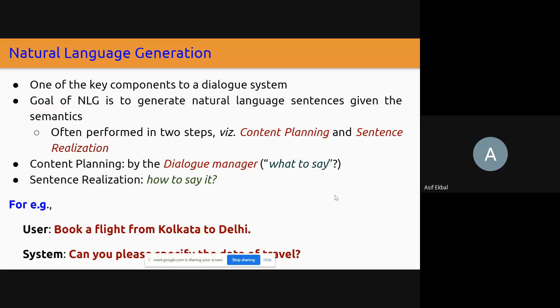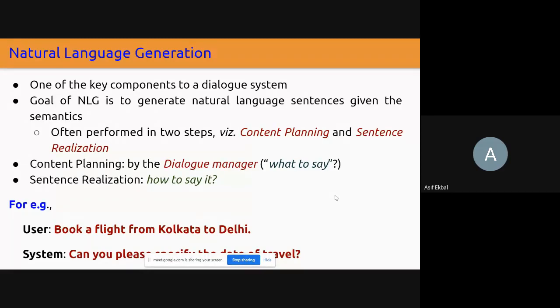Now, in case of content planning, content planning tells you what is to be delivered to the users. If you have multiple possible responses, which one is to be selected as the possible output. And in case of sentence realization, for example, how to present that information to the users is the task of proper natural